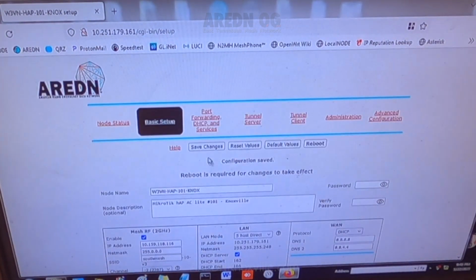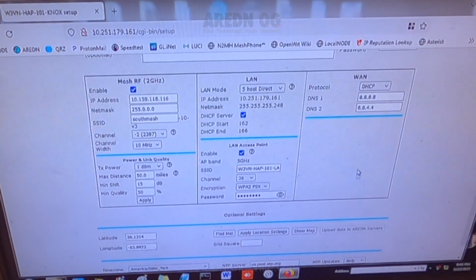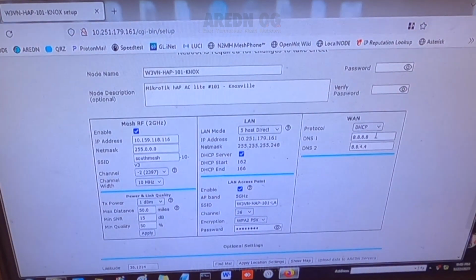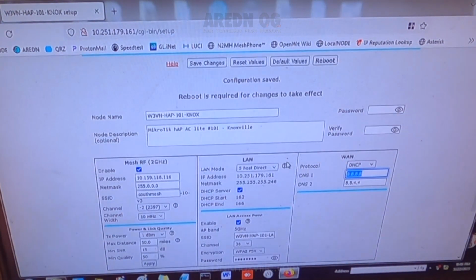And hit save. Now there's more we need to do, but for this, oh, and also here's something that's optional. If you hate Google like I do, I like to use, oh man, it's escaping me now. It's the biggest competitor for DNS, and I'm blanking on what it's called, but we go